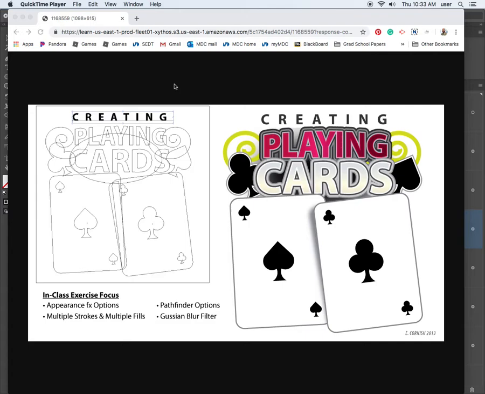So this is our goal. We're going to stylize our type to create these playing cards, and it's going to deal with a lot of different things that we've learned so far. It's going to deal with the appearance palette, multiple strokes, multiple fills, the pathfinder, which we've already covered, and then we're gonna learn a new effect called the Gaussian blur